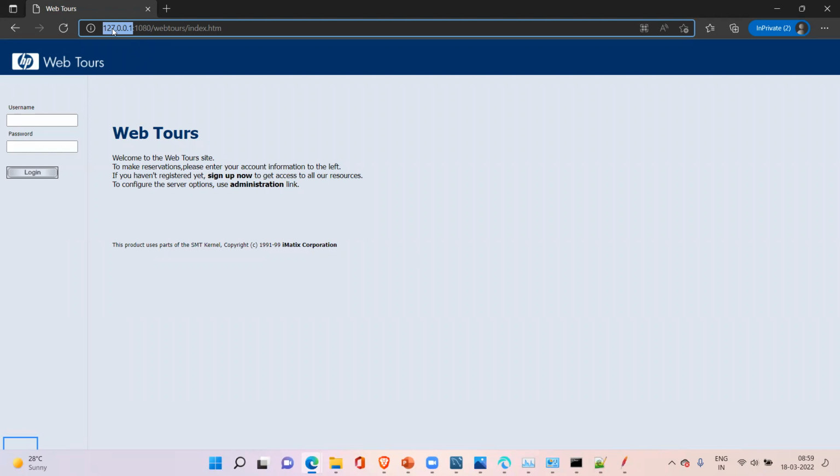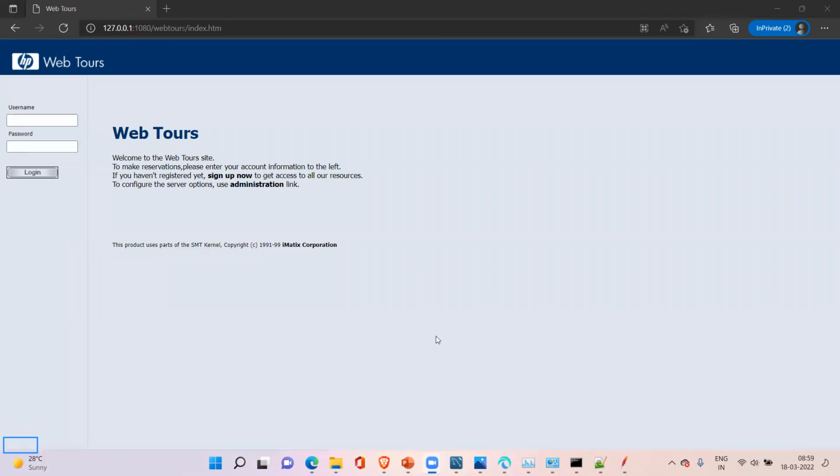Can you now tell me what this 127.0.0.1 is? Proxy IP. The default proxy IP. Some people are already working, so they should know what this 127.0.0.1 is. Okay.